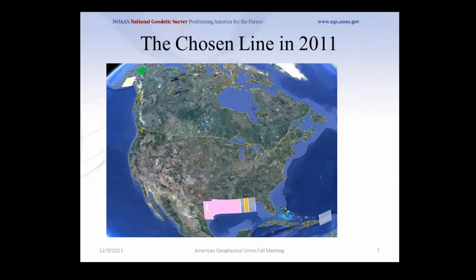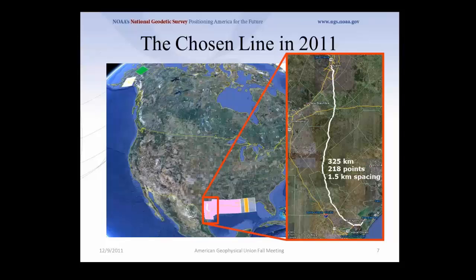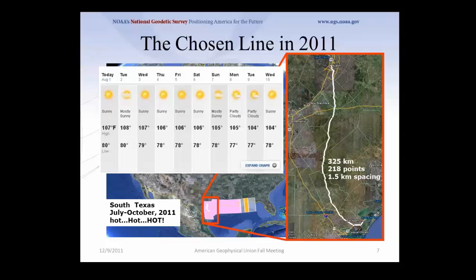So GSVS 14 that we're here to talk about today was actually the second project in a series of 3 that have been planned. The first one was done in 2011 in Texas. You can see there we had about 325 kilometers, went from Austin down to the coast, Rockport area, Corpus Christi. If anybody can remember, in 2011 it was extremely hot. We had daytime temperatures in the 100 plus degree range. They had a major drought during that time period. And so for the crews that were operating during the day, that was quite difficult conditions to work in. If you can imagine doing geodetic leveling in the sunny skies of Texas when it's 105,